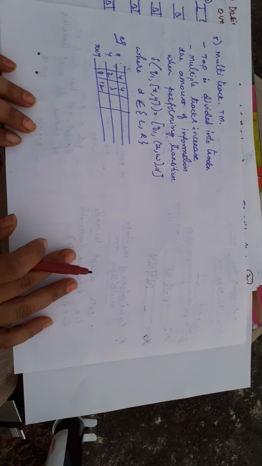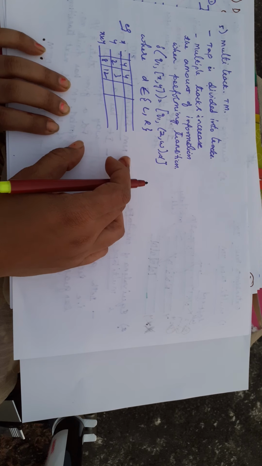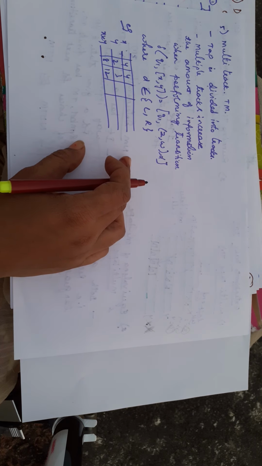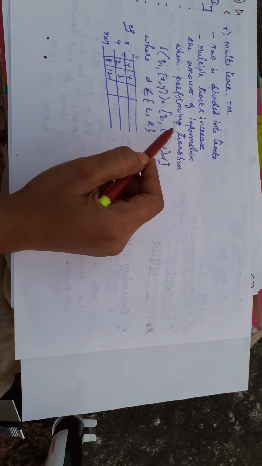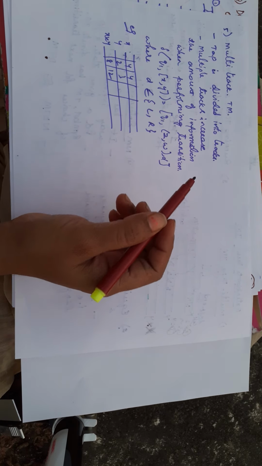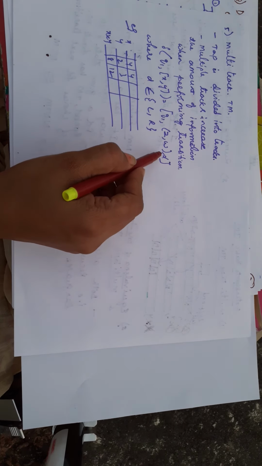One more type of Turing machine is the multi-track Turing machine. Here a single tape is given, but the single tape itself is divided into multiple tracks. We don't have multiple tapes, but a single tape. That means the read-write head will be only one, and it will be pointing to the current cell where the read-write operation is being carried out. Since it is divided into multiple tracks, it increases the amount of information available when performing the transition. And since one single read-write head is there, we also need to take care of the direction.